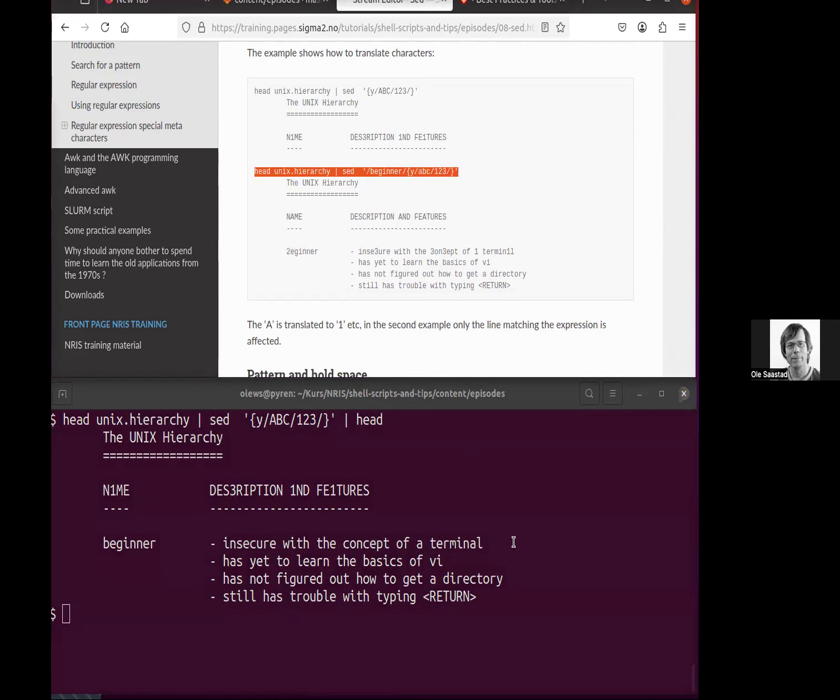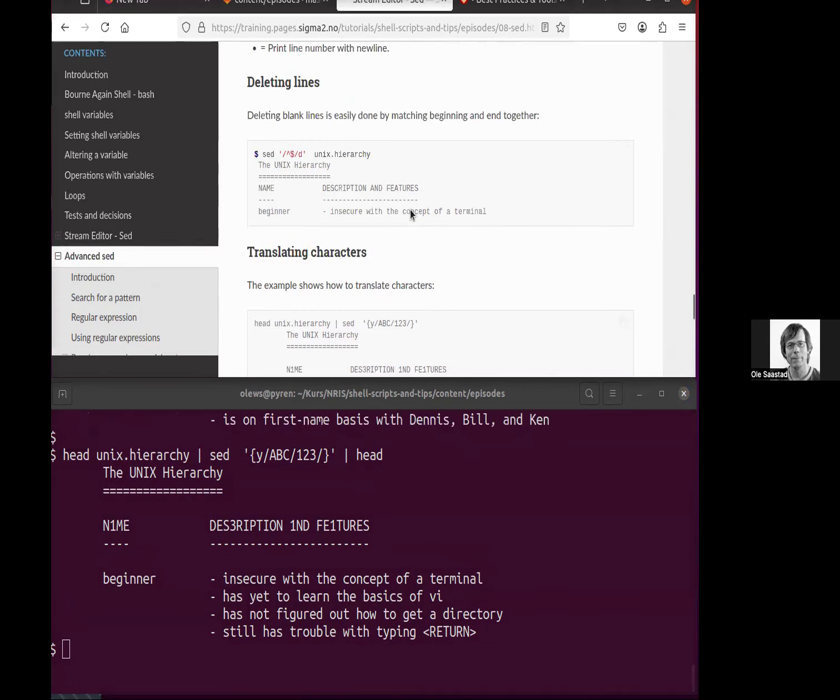Well, substitute maybe. Yeah, replace in some way. It will take A into 1, replace A with 1 and B with 2, etc. by position. So what was B is the second position, it will again take the next string. It's a command. If we scroll up,